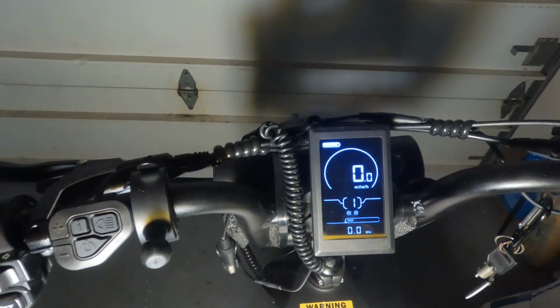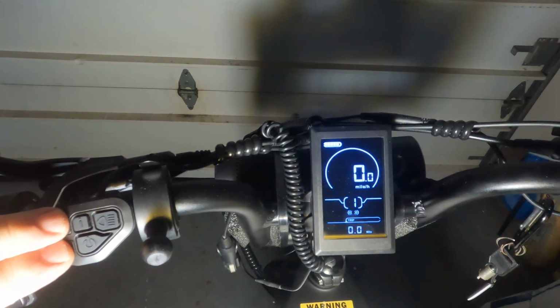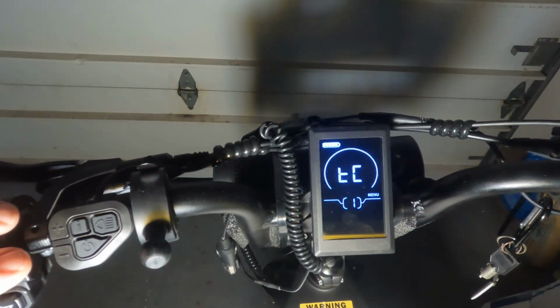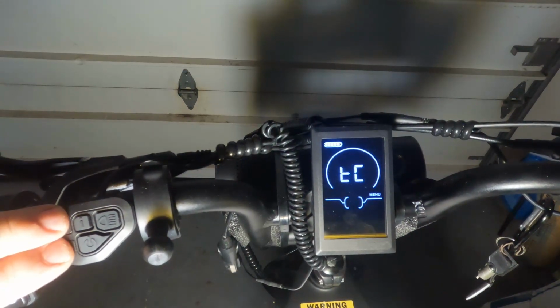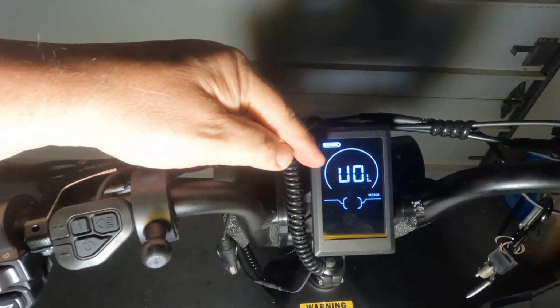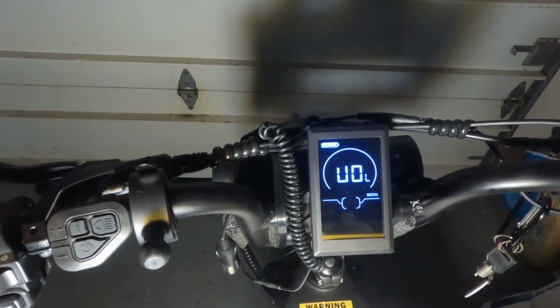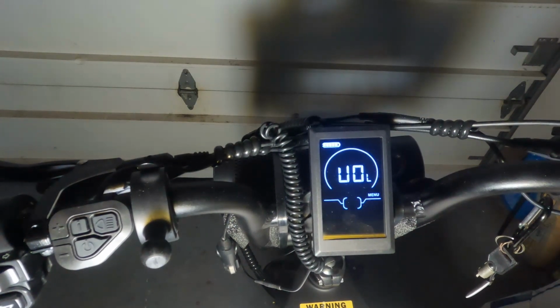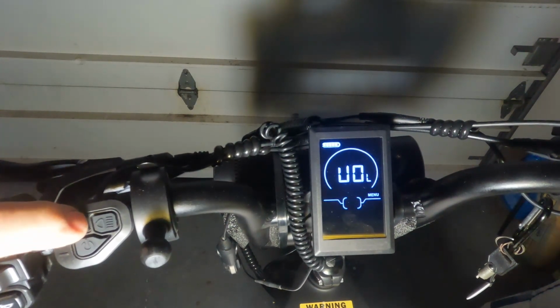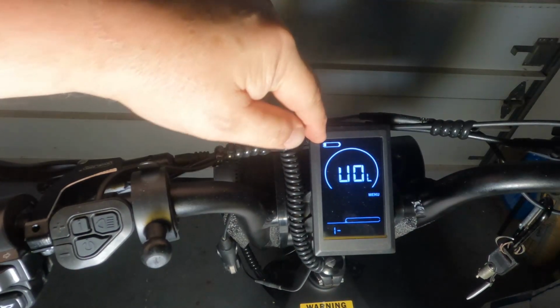However, there is a menu item that allows us to adjust this. To get there, you press the plus and minus key and hold it. Then you press the plus and minus key a second time and hold it. Now, interestingly, this menu item, UOL, is not listed in the manual, but it is the first one that comes up. And when you press the I key, it will then show you that we're dealing with the first bar,